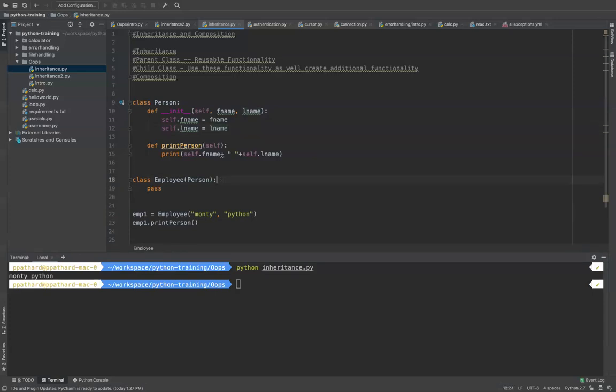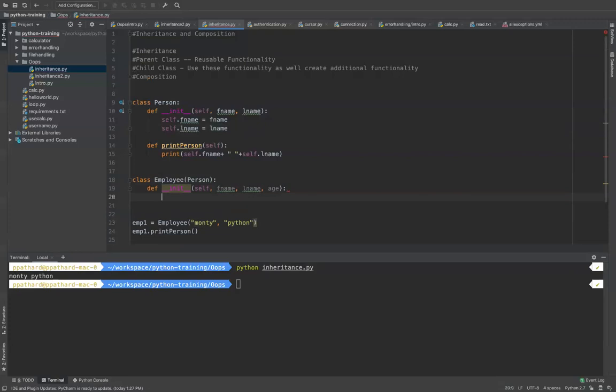So what I can do is customize my init function. I can say init, and since you're a child of Person, you also need to get the values for Person, right? You also need first name, you also need last name, but additionally I'm taking the age along with this.